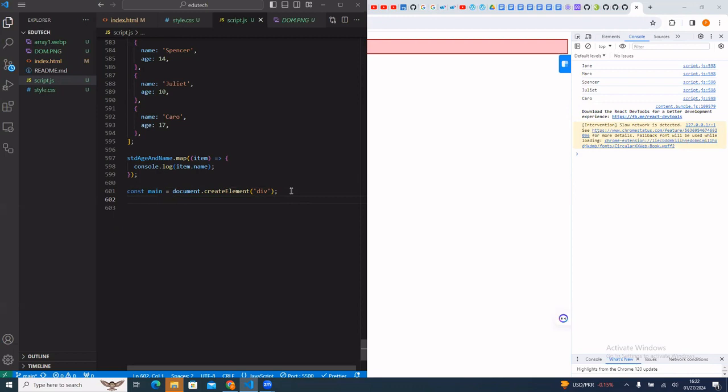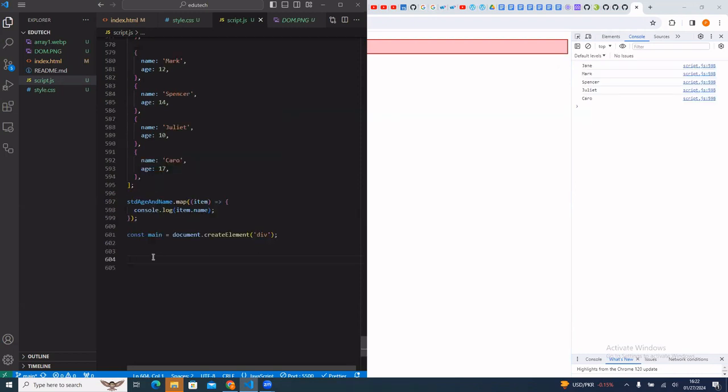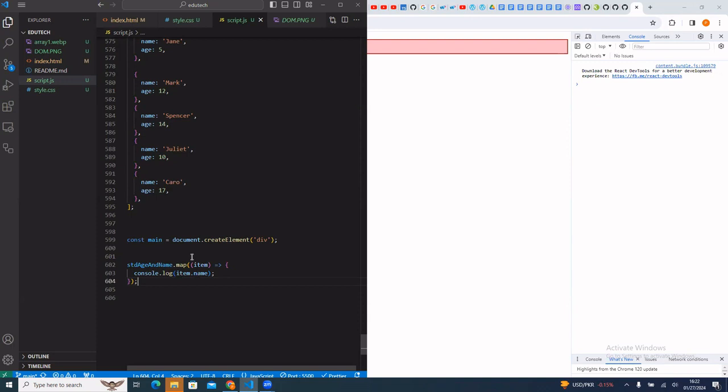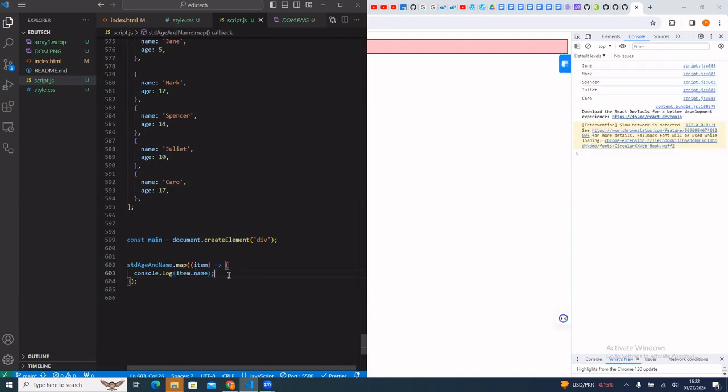I created a div. I want to append these values to my div. So the next thing is my map. This is my map. Go ahead and do this here. So instead of just console logging this guy, I will do